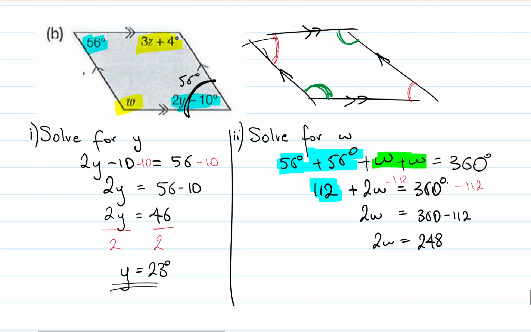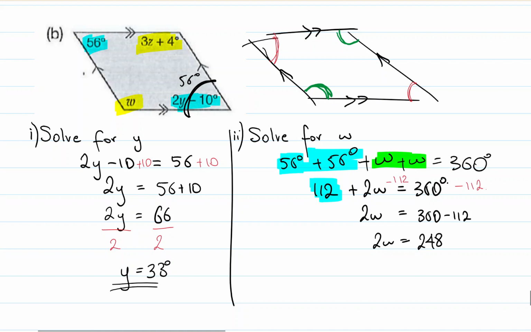Okay, so I'm gonna just edit that a bit. So I have to add 10 on both sides, then it'll disappear, and then it'll be 56 plus 10, which is 66, and then 66 divided by 2 is 33, not 23 degrees. Could you please fix that? You guys need to be focused, alright? Okay,